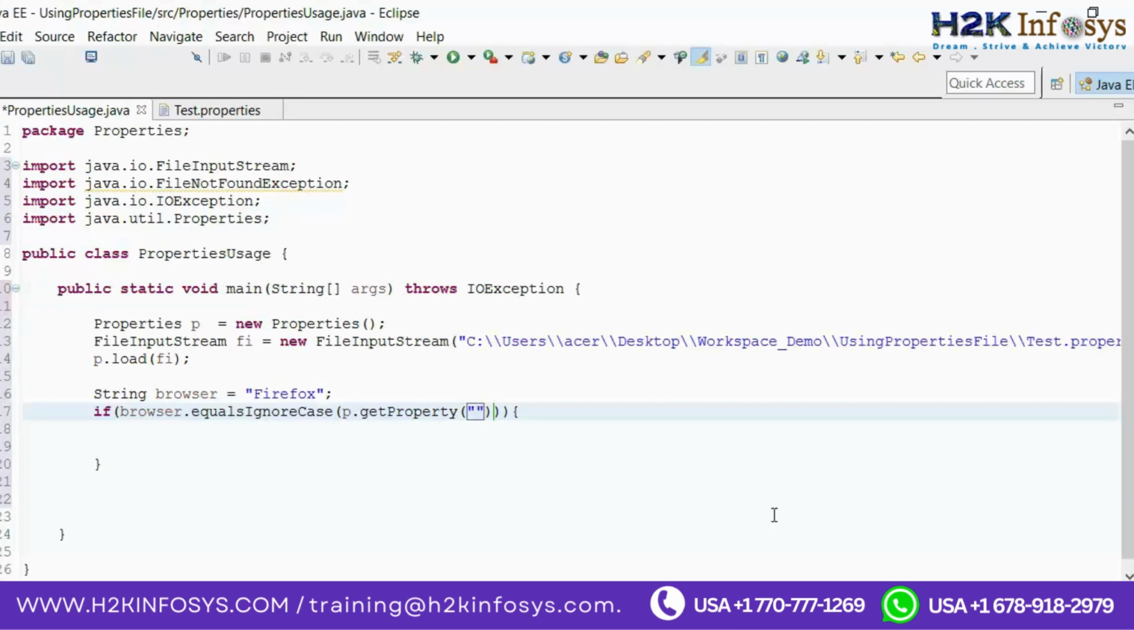So I have to define the key out here, browser1. So what is going to happen? This getProperty method will basically give me the value of the key. So if you see out here, the argument that has been passed in the getProperty